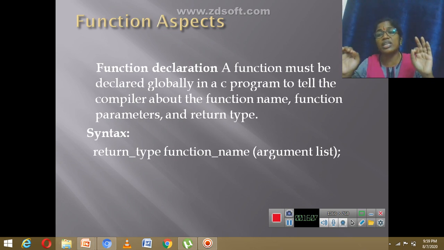It is indicated to the compiler. And one more thing I want to tell you: this is not mandatory for the C language, whereas the declaration is mandatory in C++. Okay, with this we'll go forward.